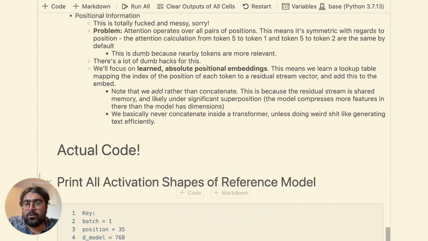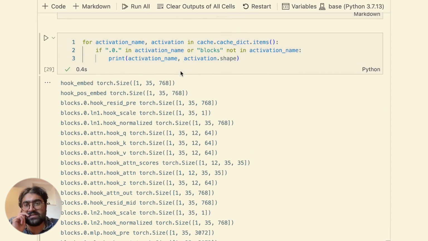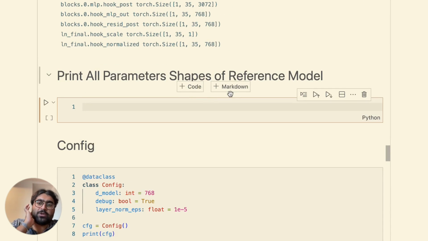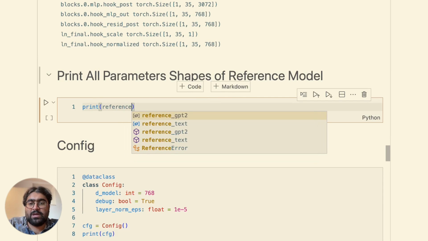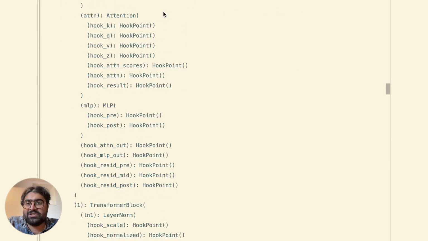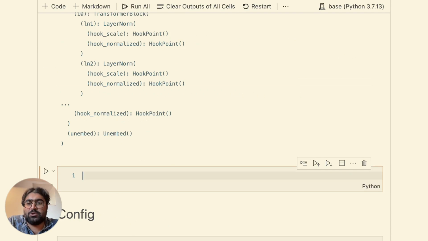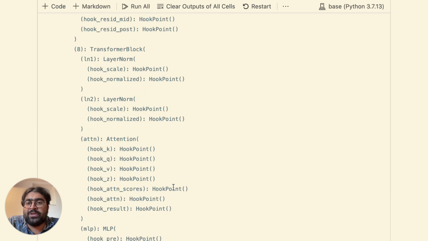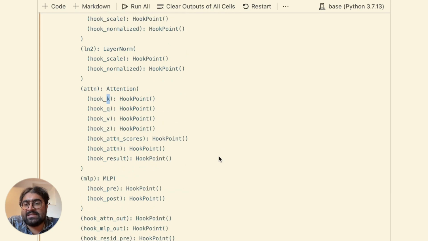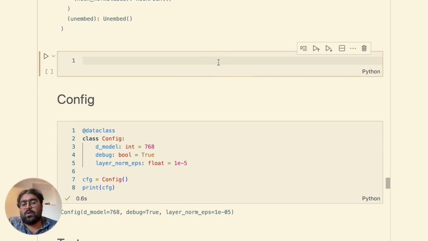If we just go back up here, so we printed out all the activations, and here we saw that the activation from the embedding was batch by sequence by d_model. We can also print all of the parameter shapes. So I'm first going to just print out the model. This just shows me the structure. Embed, pos_embed. All of these hooks are just Easy Transformer boilerplate for getting access to activations. For the purposes of this tutorial, it doesn't really matter. The important thing is just these will access the activations of the same names in what I add to my models. And then for